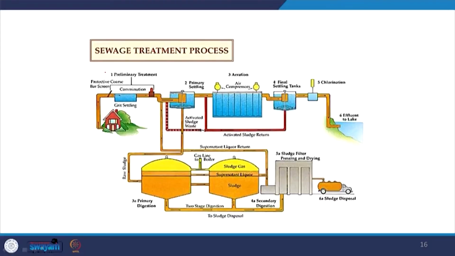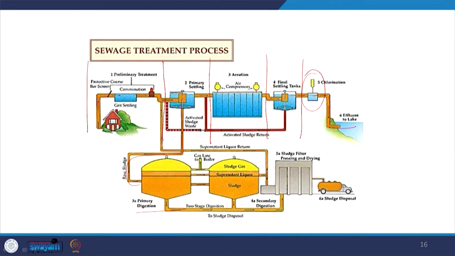So, the same process has been shown in the form of a graphic here. The same steps are followed. This is the primary treatment, after this the settler tank, and then the aerobic process, the aeration, and these are the final settling tanks from where the clarified water is taken, and in case chlorination is required, the effluent is either sent to the tank, or if we want to further treat it, we take it to the digestion tanks